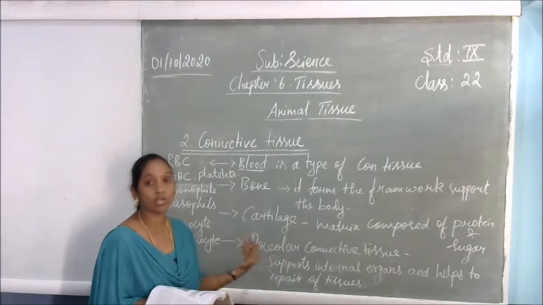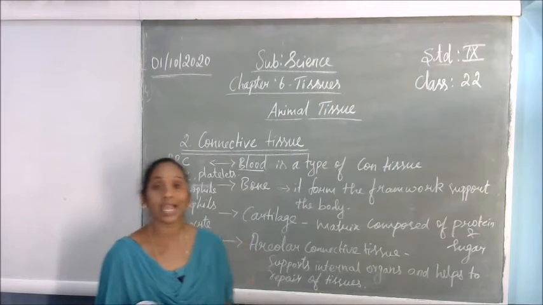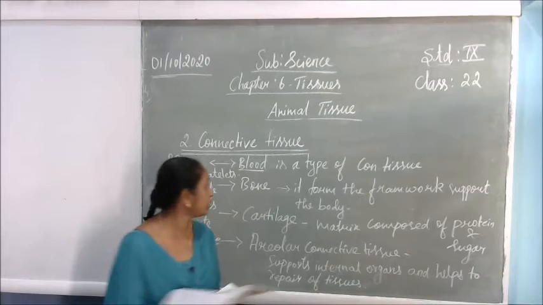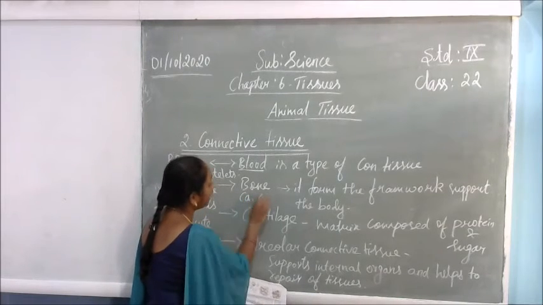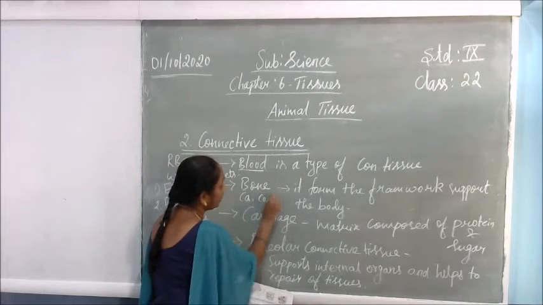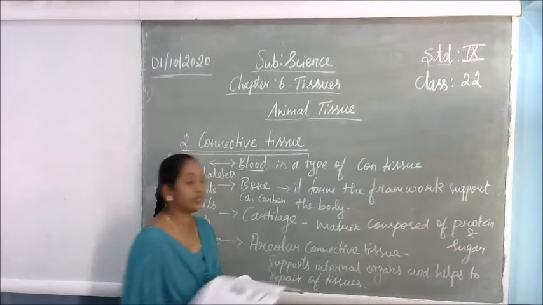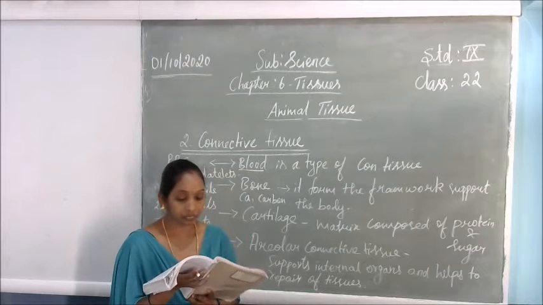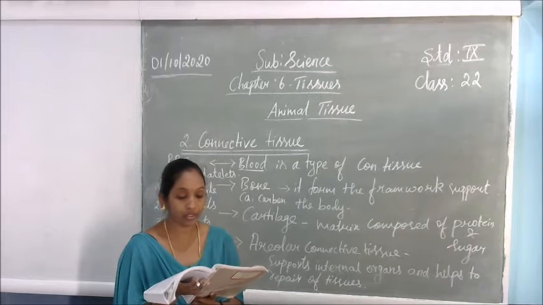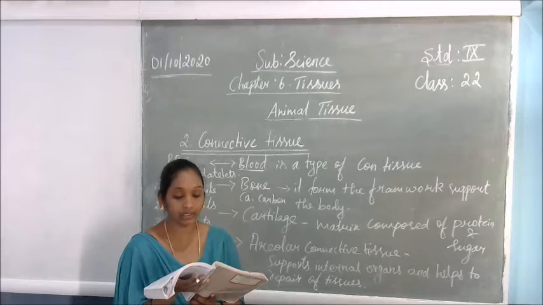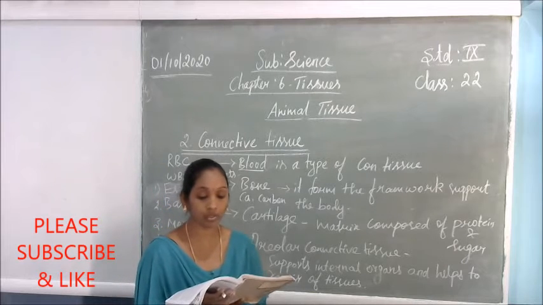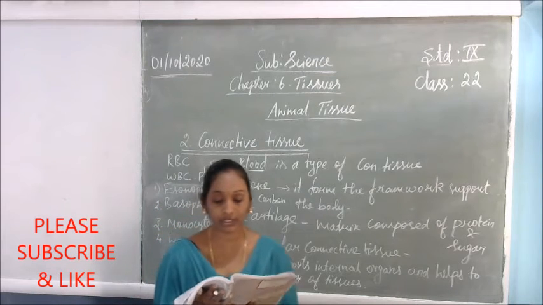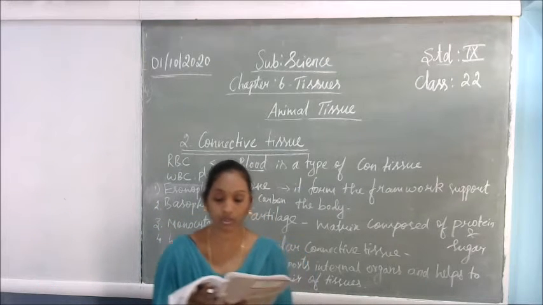Our bones are very strong because they are made up of calcium carbonates, calcium and phosphorus compounds. Because of these components, they are very strong and won't easily bend. The bone cells are embedded in a hard matrix that is composed of calcium and phosphorus compounds. Two bones can be connected to each other by another type of connective tissue called ligament.